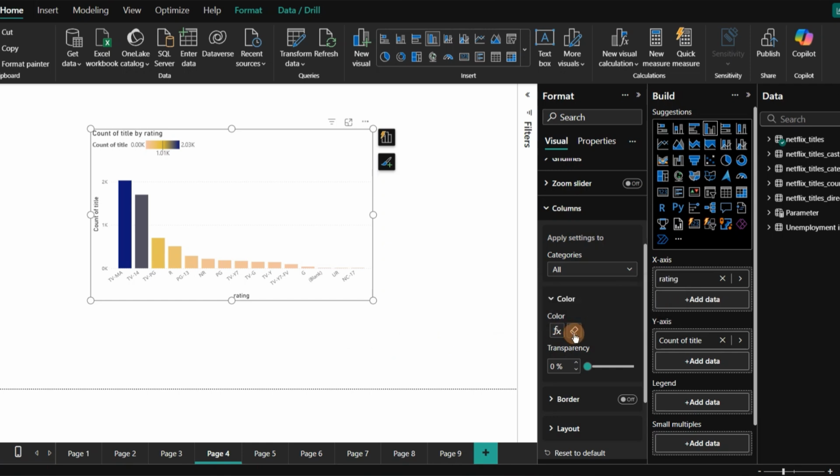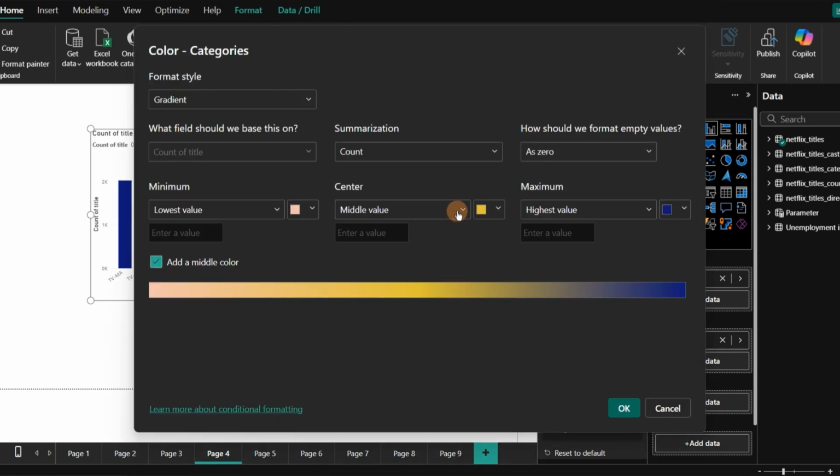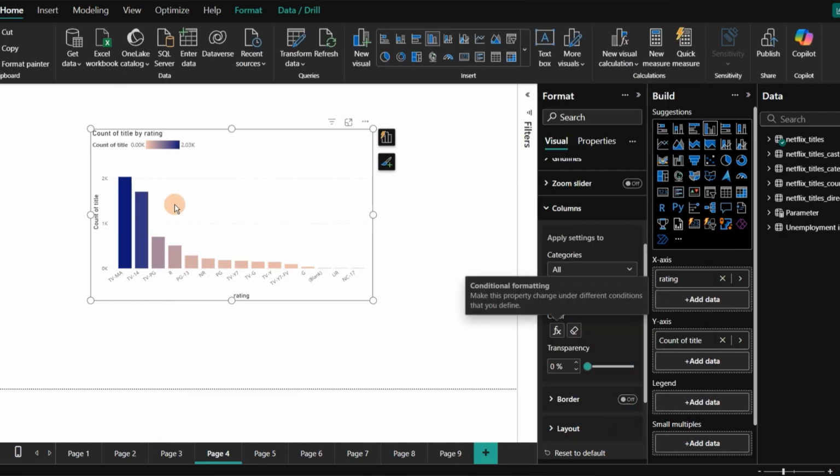If I want to change my conditional formatting, I can again click on this option, and suppose I want to remove the middle color, I will uncheck the middle color and click on OK. Now it will give me the shade from darker blue to lighter orange. If at any point I want to clear my conditional formatting, I can simply click on remove conditional formatting. Now as you can see, the chart now is looking more visually appealing and more insightful, just by looking at it, in comparison to my older chart.